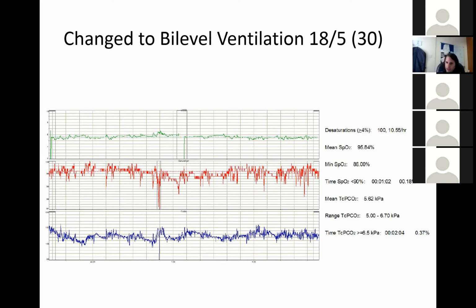And you can see the trace already is much better, much less desaturations, and SATs 96%, and the mean CO2 is now normal. So this is very satisfying. You do this, and the next night the child has got, you know, a much better sleep study. And you can see on the video that we have with these that the child is actually sleeping a lot better throughout the course of the night.